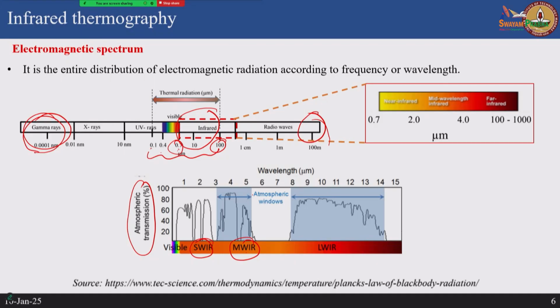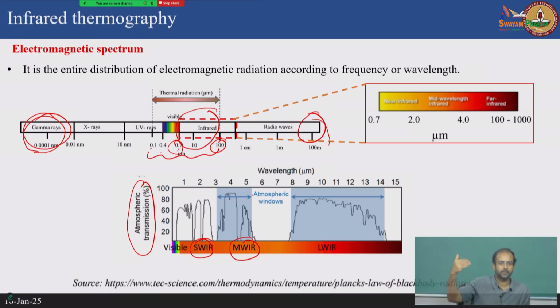For example, the transmission of the atmosphere should be as high as possible. So, if you look at the mid-wave IR cameras, they are usually operating to detect infrared signals in the range of 3 to 5 micrometer, because that is where you see the atmosphere has an open window for infrared in that bandwidth. Of course, if you go to 6 or 7 micrometer, hardly anything comes through the atmosphere, so the detector will not be able to capture anything. So, we work with detectors which can operate in these